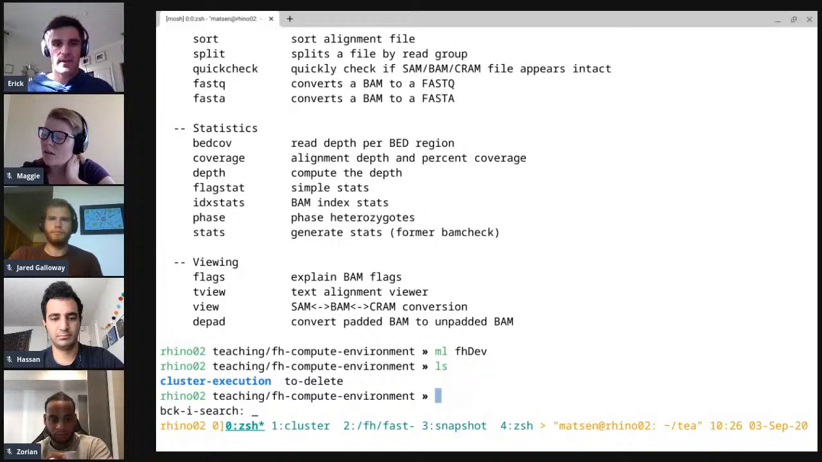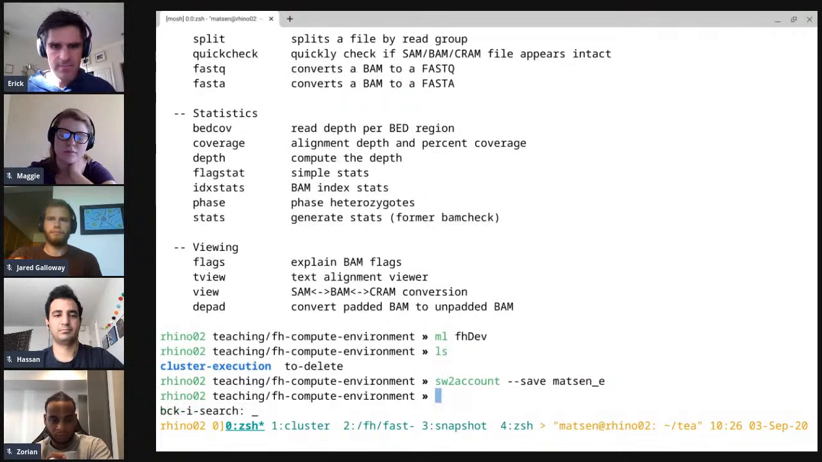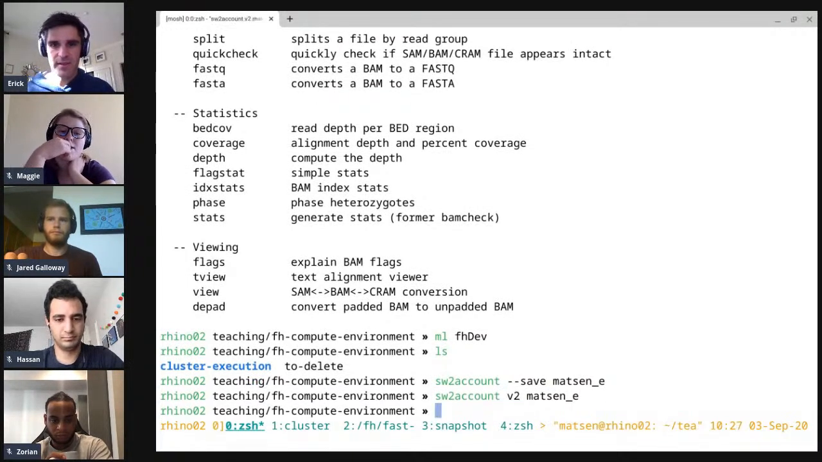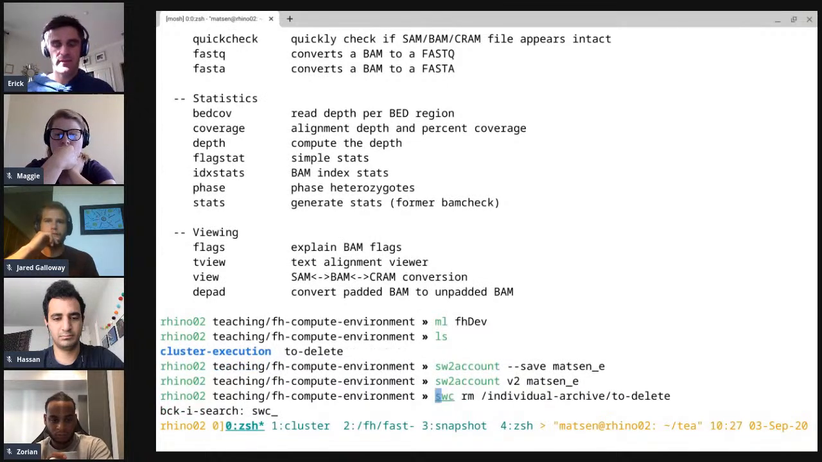Let's see, is SW2. Yeah. Okay. So the first step to do is to say this. I thought I was supposed to have V2 like that. Anyway, you do some sort of SW2 account thing, and that basically logs you in. And then there's this SWC command, and